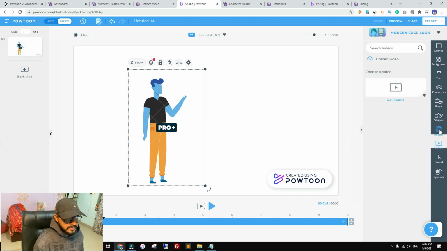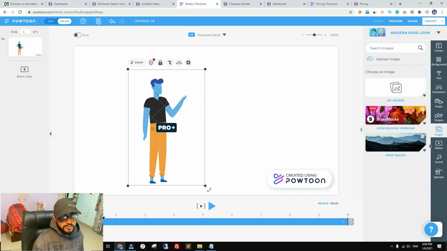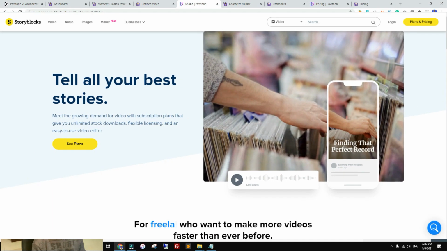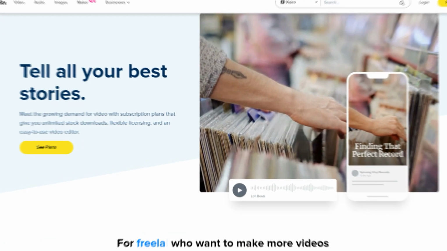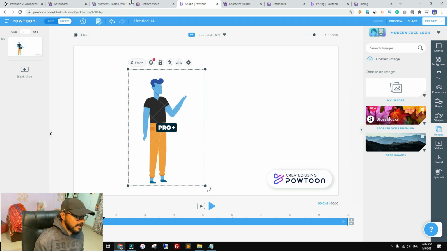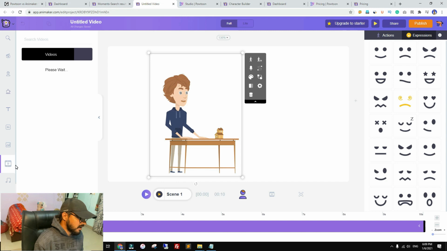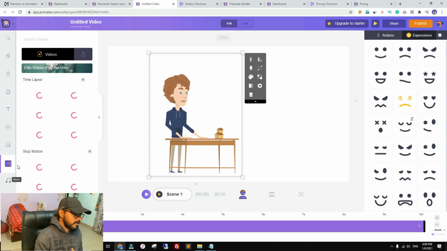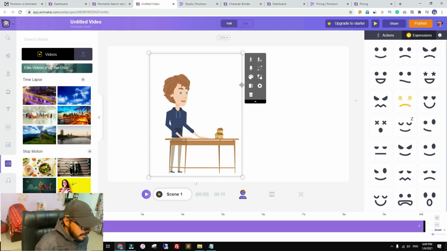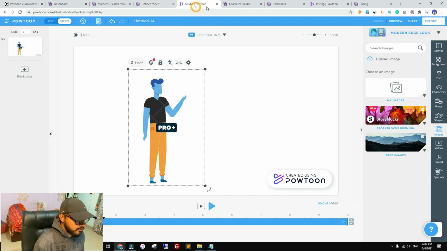And for the photos and videos and the sound, they are using an API of Storyblocks. In case you don't know, it is a website where you can find stock media. So it's a paid website, but inside Powtoon you are getting it free. And on the other hand, I don't think that they are using any third party API, but its photo and video library is also big enough. And obviously you can also upload your own photo, video or music that you want to do. This is also possible inside both platforms.